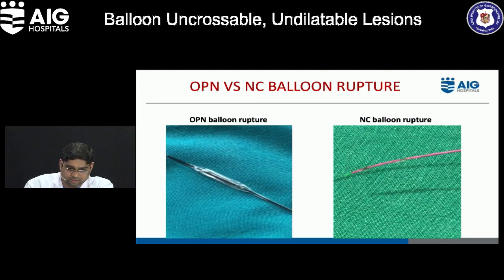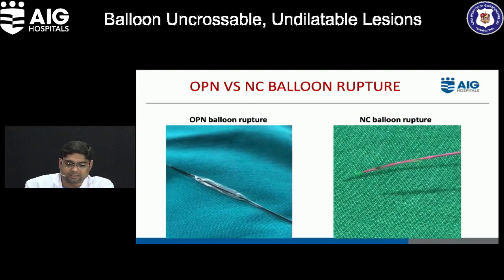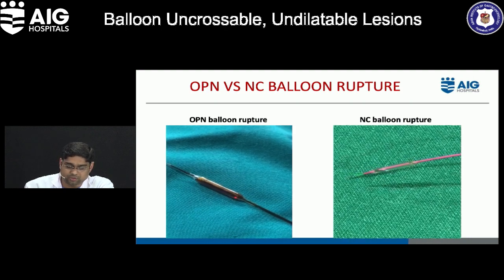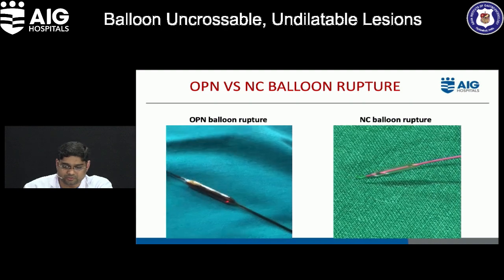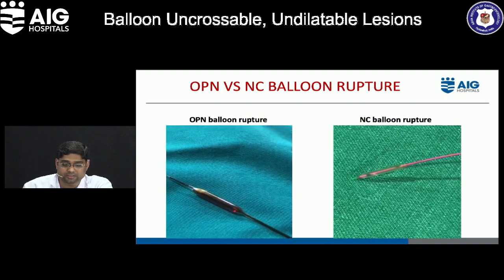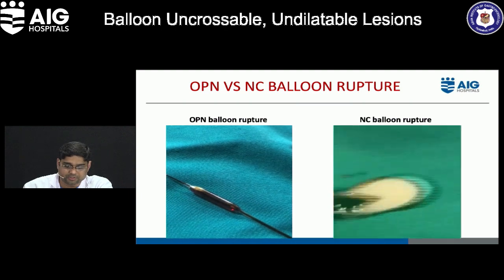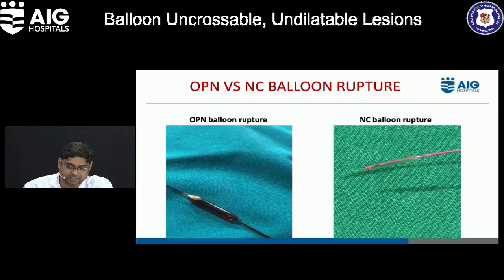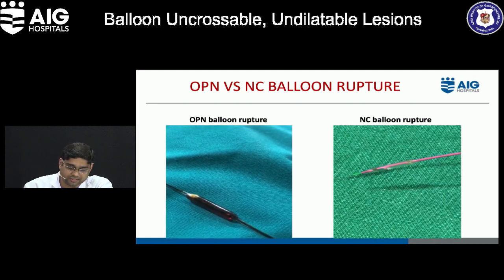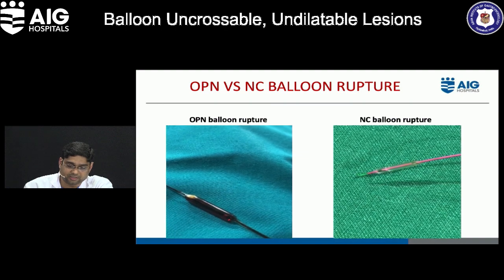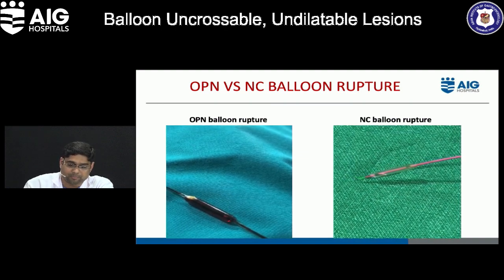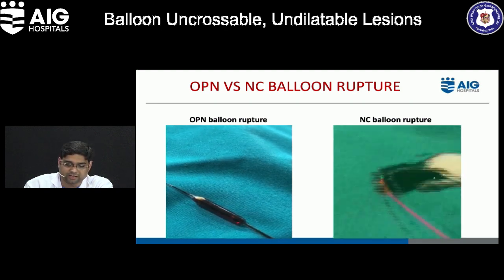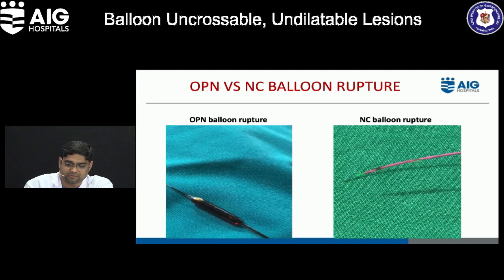In this video, here you can see there is a difference between rupturing of an OPN balloon versus an NC balloon. See, OPN balloon is basically made up of 2 layers, twin layer technology. So it is able to withstand very high pressures, and when it ruptures also, it ruptures in a controlled fashion, linearly, and there is less chance of the vessel getting perforated. But an NC balloon ruptures in an uncontrollable fashion, and it's just like a bomb. This is all in theory. Again, it is very unsafe to do any kind of balloon rupture in the coronary, but this day we got away with that.